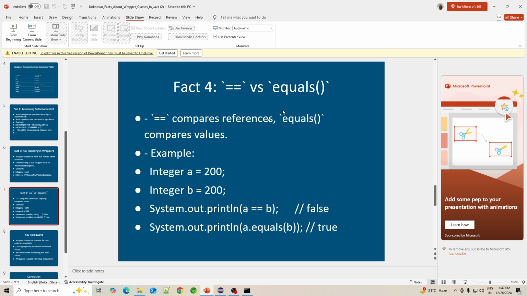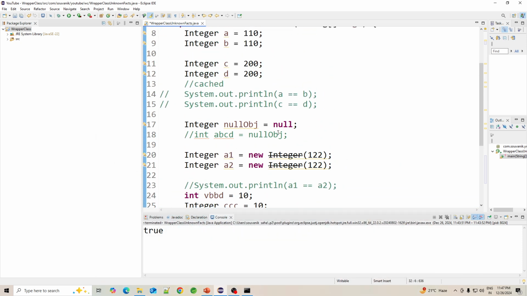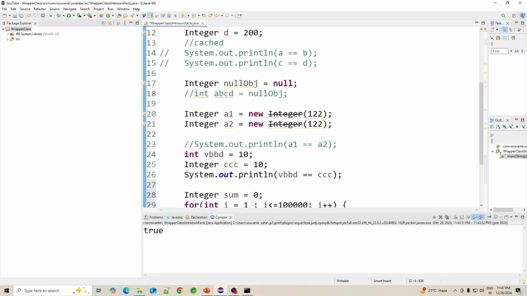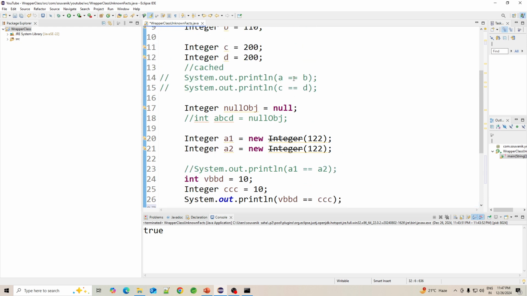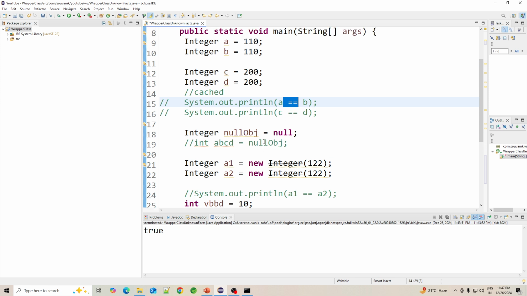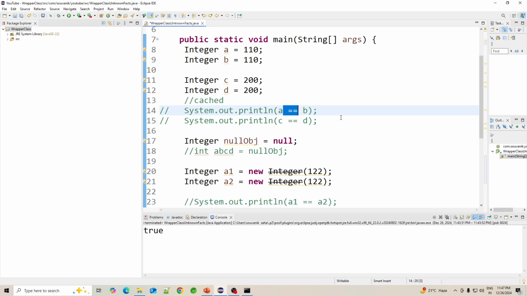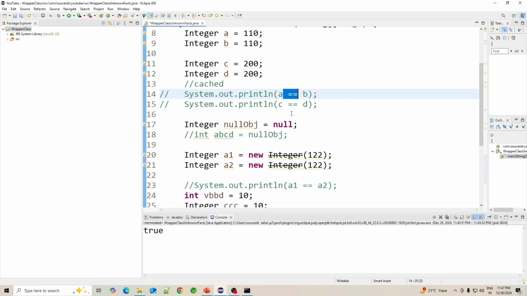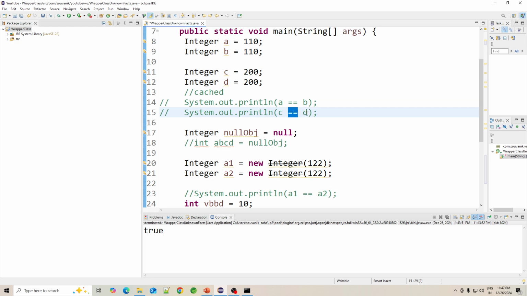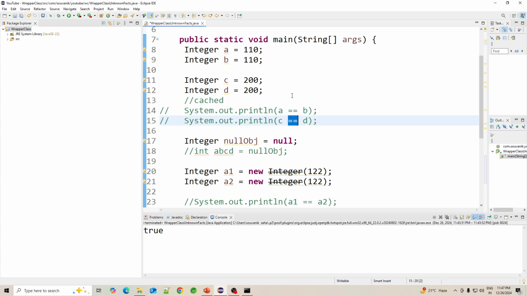Whenever I am comparing values with the double equals operator, there are certain scenarios in which it will give you true because of caching, but in other scenarios it will give you false because it compares the references, and outside the cached range the value will be treated as a different object.